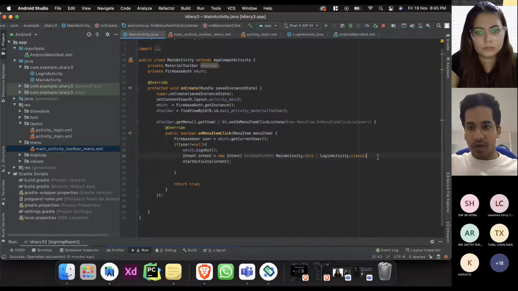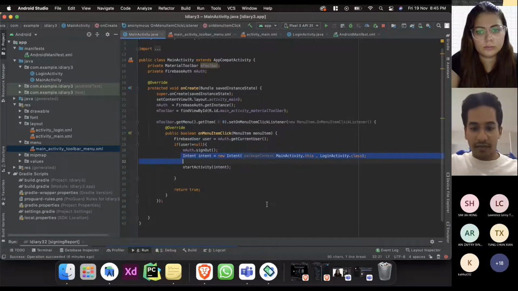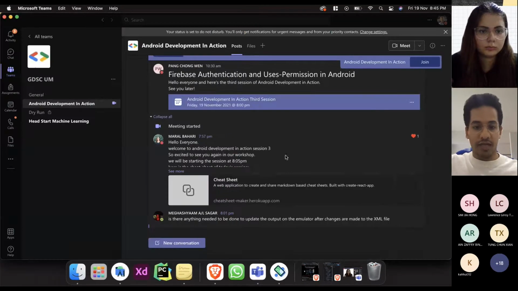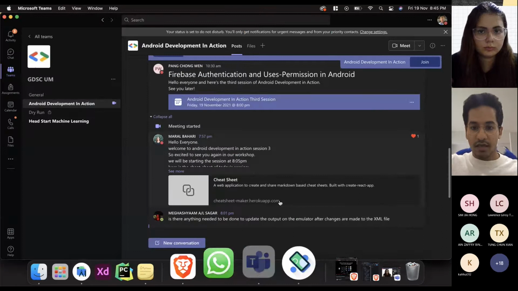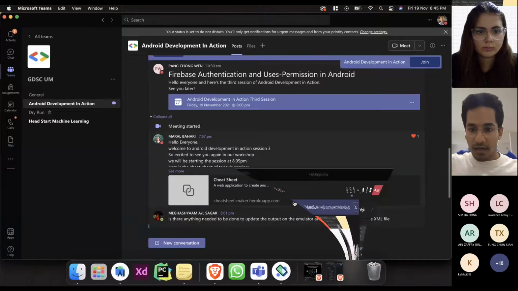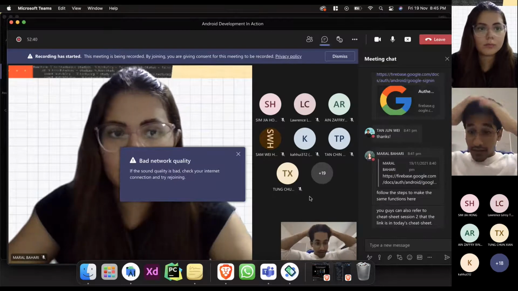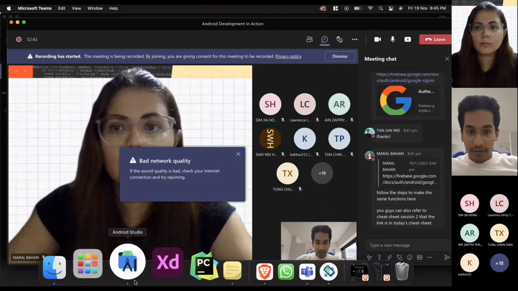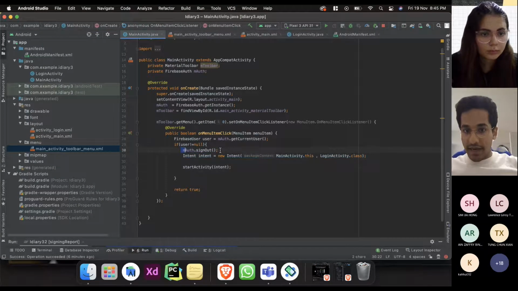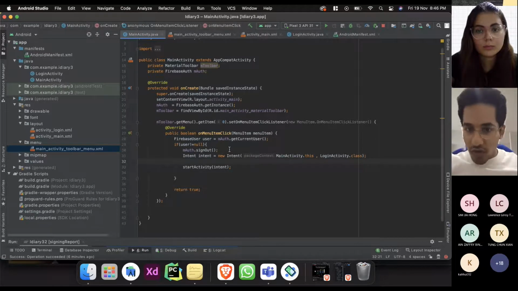Now, does anyone see a problem with this? Does anyone see a problem with this code? Any issues, any problems? This might be a bit tricky, actually. Is there any problem with the logic? So we're just signing the user out and then going to the login activity. Now, if you haven't worked on Android before, this might slip on you. Why? Because